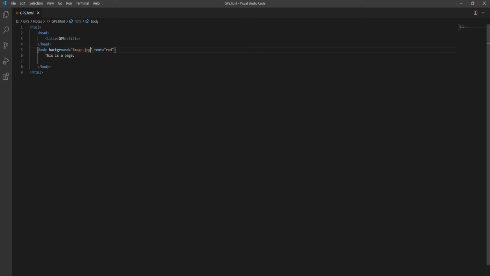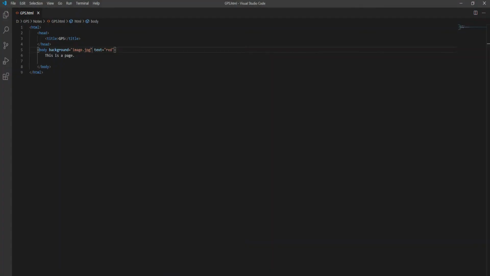Now let's discuss if we want to leave some blank space, just like a margin, right? As you all know, in every text editor you have a margin, that is left margin, right margin, top margin or bottom margin. And if we want to set this kind of margin in our web page, then how can we use it? First of all, as we all know, this is the single line which is written on our web page. This is a page, right? So if we want to apply the margin on the page, how can we use it?